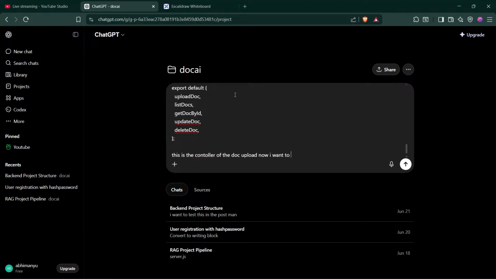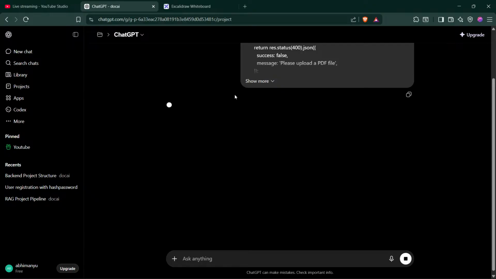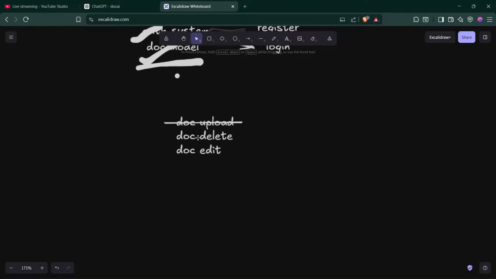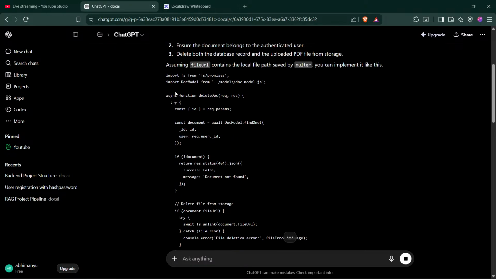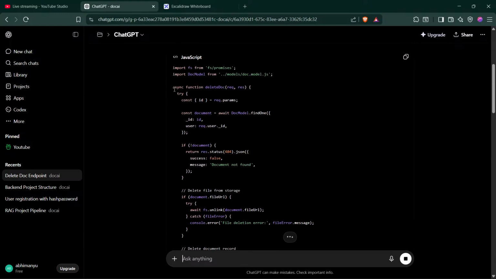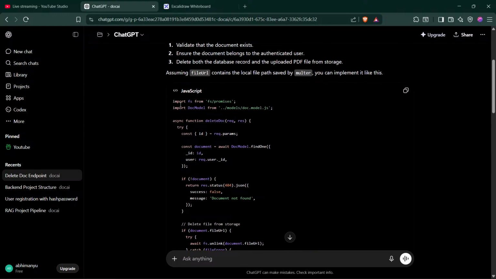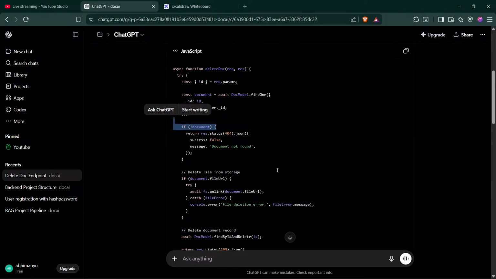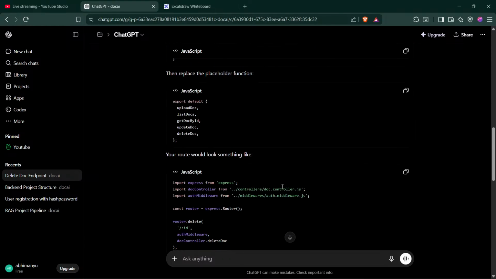Now I want to code the delete part. File sync, multi documents delete docs. Okay, action.